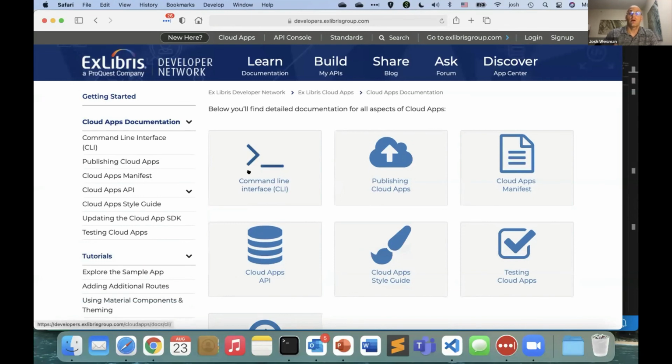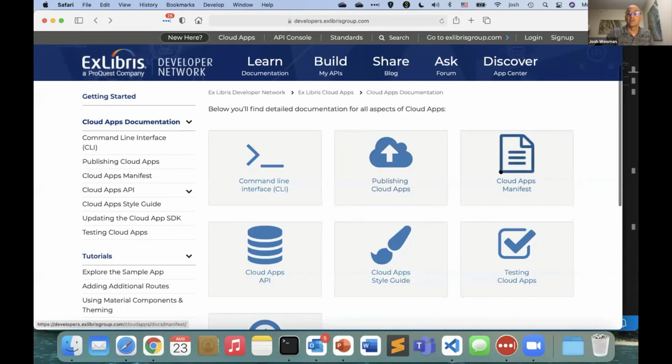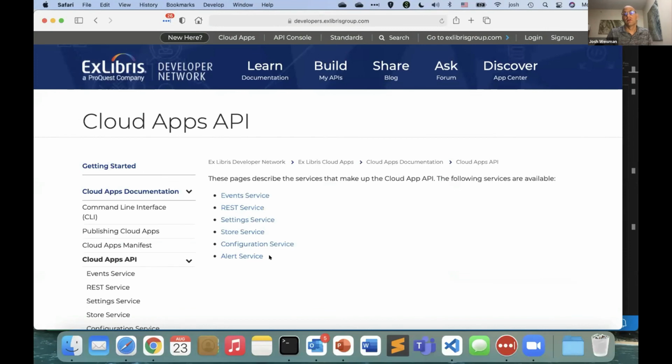So here we talk about the command line interface, the CLI, and all the commands that are available. Here's a guide to publishing. It's great that the app is running locally, but how do I get it to appear for all of my users? That's here in the publishing guide, along with the video, which hopefully you'll find helpful. More information about the manifest, the Cloud App API itself, all the services that are available, to get events, to see what's happening within Alma, to use the REST APIs, settings, configuration, alerts, store.